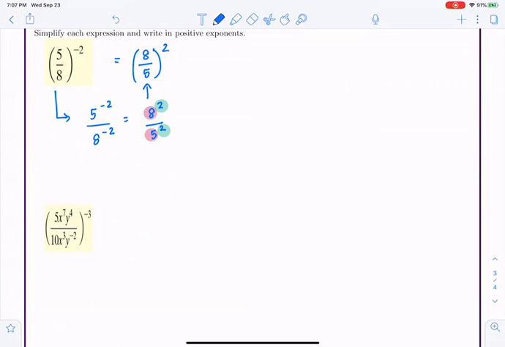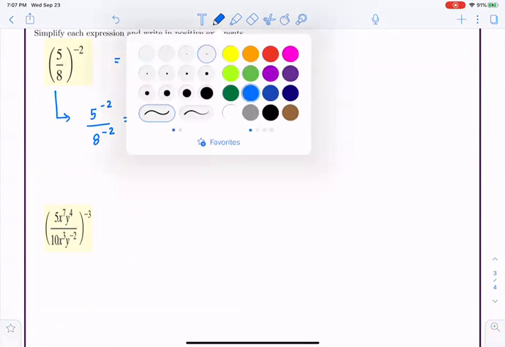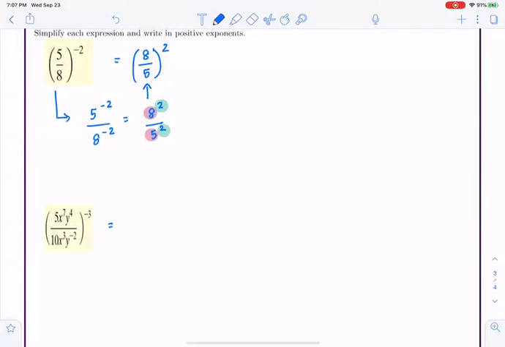Inside the power. So the numbers would be 5 over 10, x raised 7 over x cubed, those are the x terms, y raised 4 over y raised negative 2,